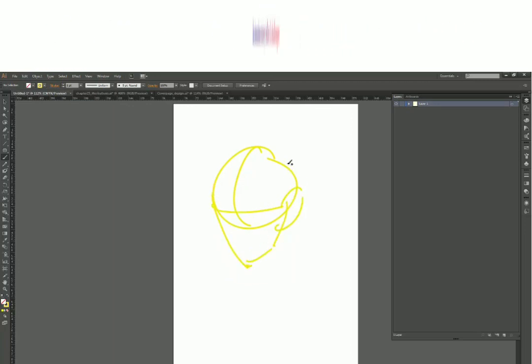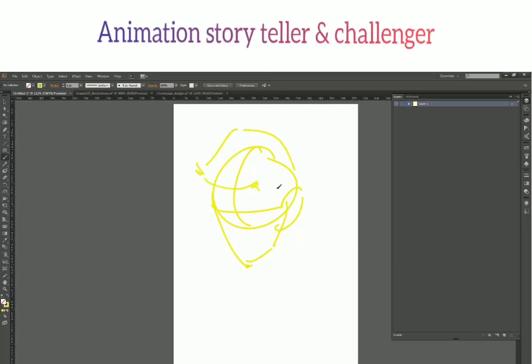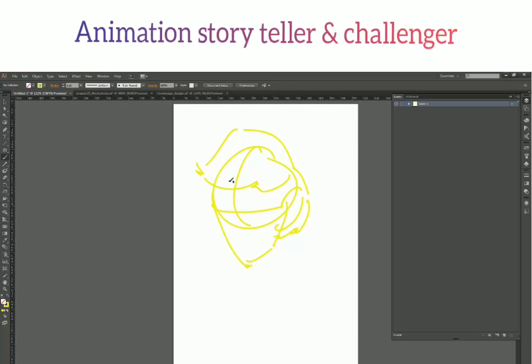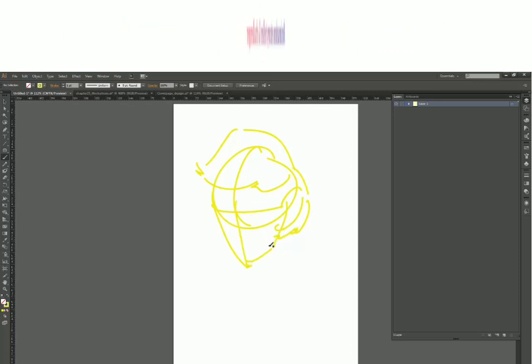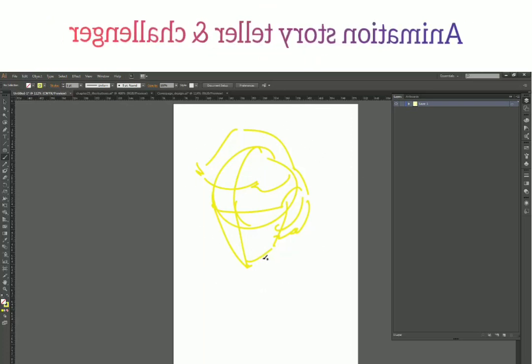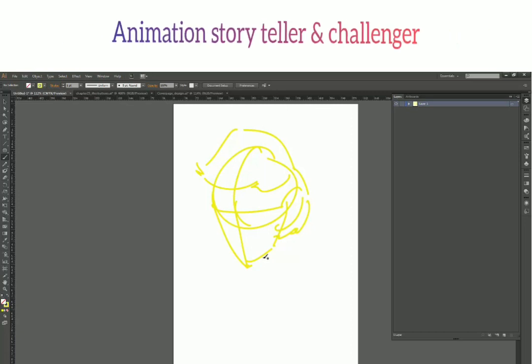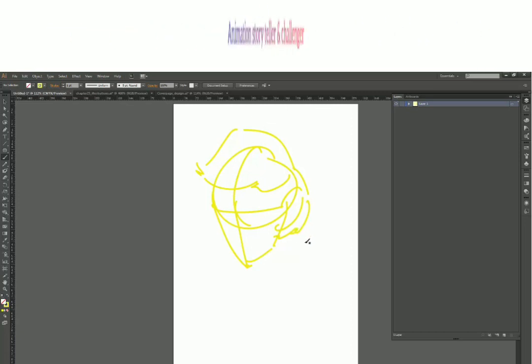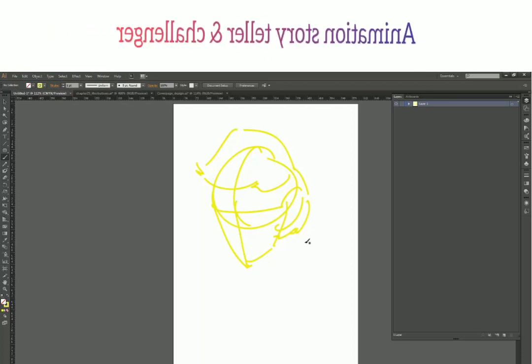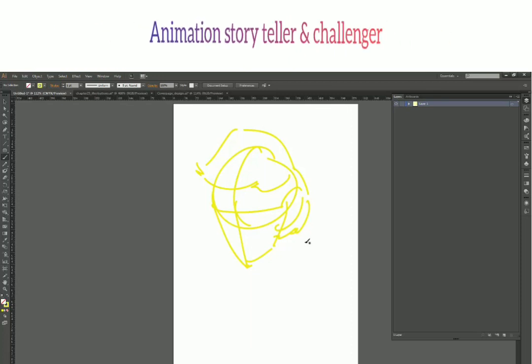Let's say there is some kind of face, and you are going to make your illustration above this rough sketch. So what you can do is make this layer a template so that this layer is locked all the time, and whenever you move something or you draw something, you don't accidentally draw or move on that layer, to avoid unnecessary complications.